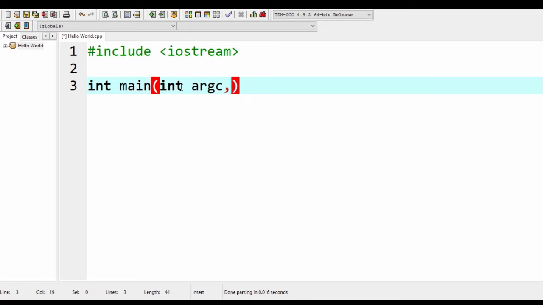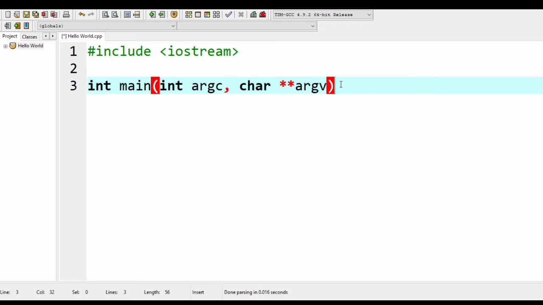So we have int argc. As you can see, it is already being suggested by Dev C++. Basically, int argc and char asterisk asterisk argv are the parameters of the function. When we say parameters, these are the things that the function needs so that it knows what to do, or where to do it, or what variable the function will perform on. These are used so that the function would work.